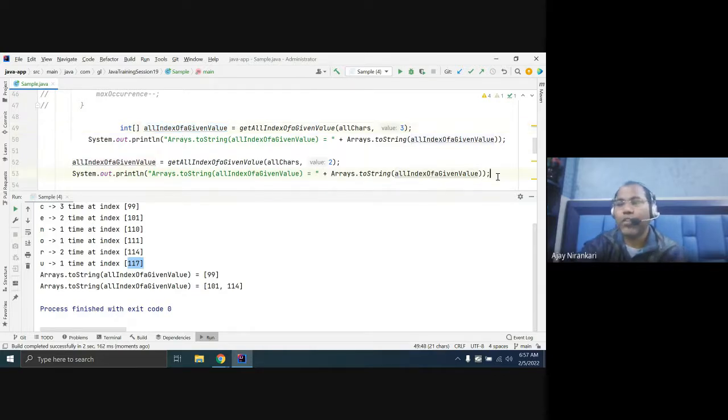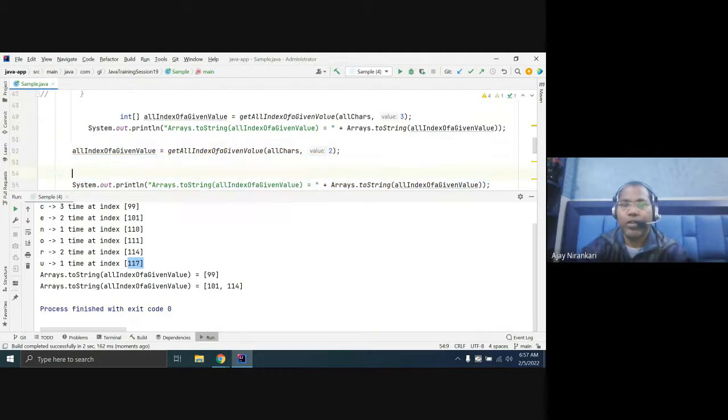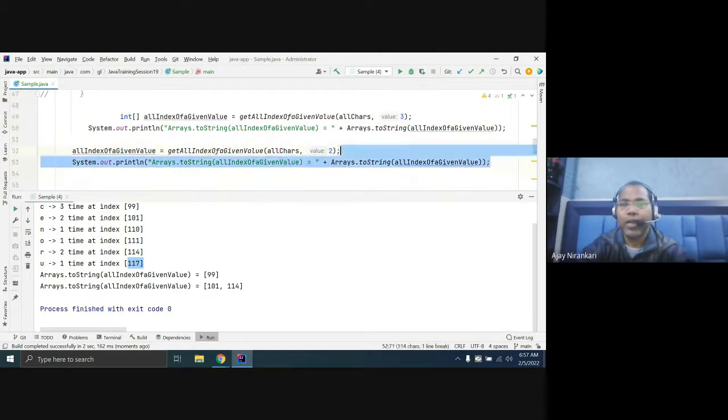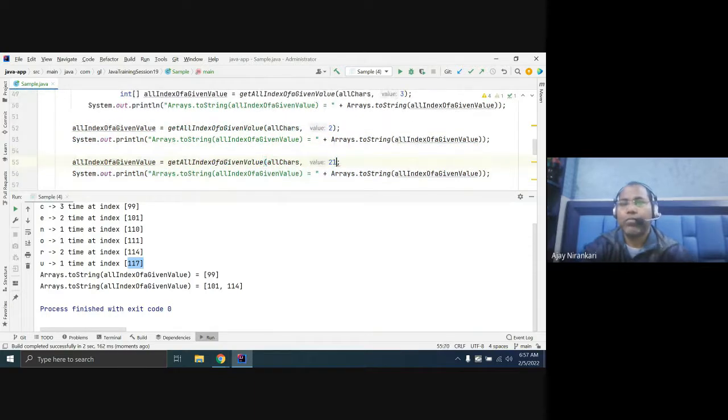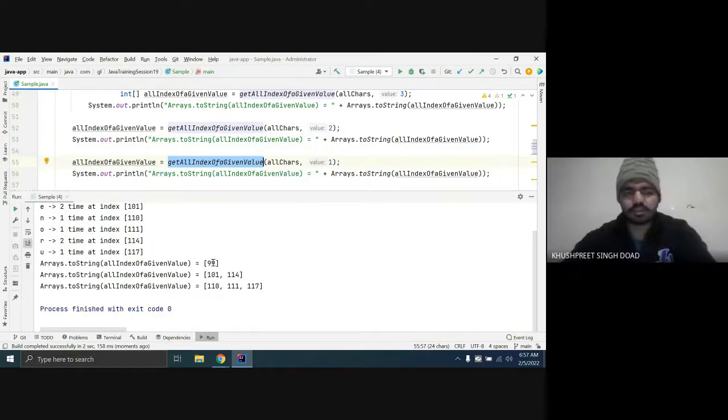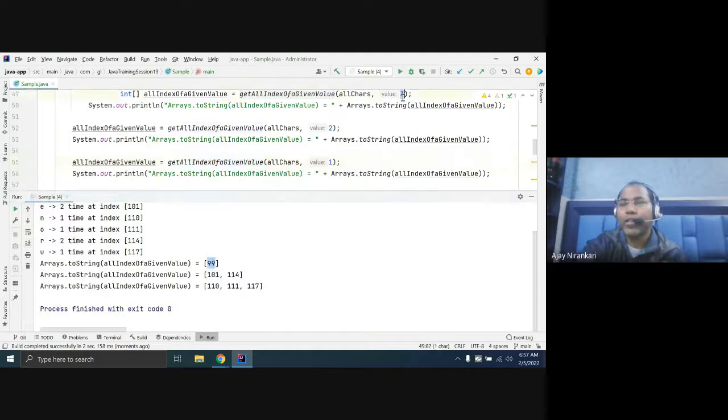I want length 1 as well, so you can call it with length 1. This method is called for each and every value, max. Okay, sir, got it. One time pass 3, then return only 99. Second time pass 2, then return these 2 values, matched at the 2 position. If we pass length 1 and 3 match, it returns the 3 indexes.